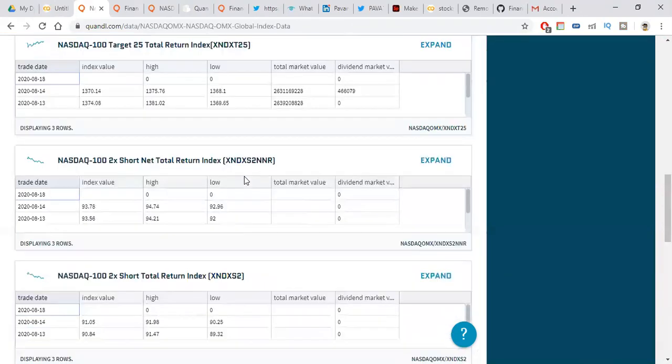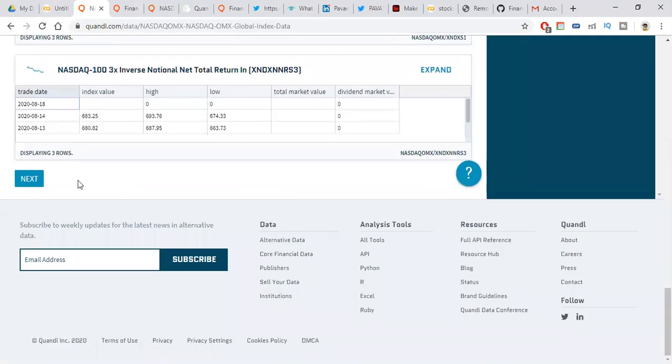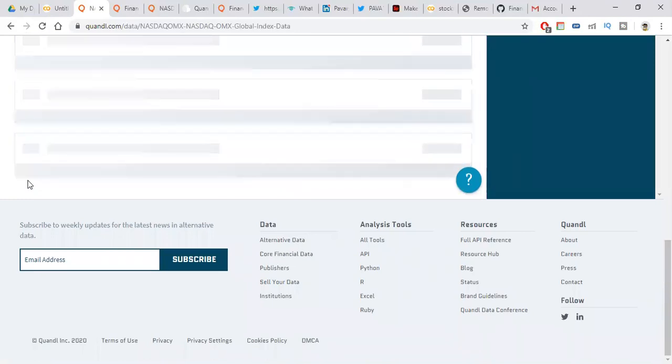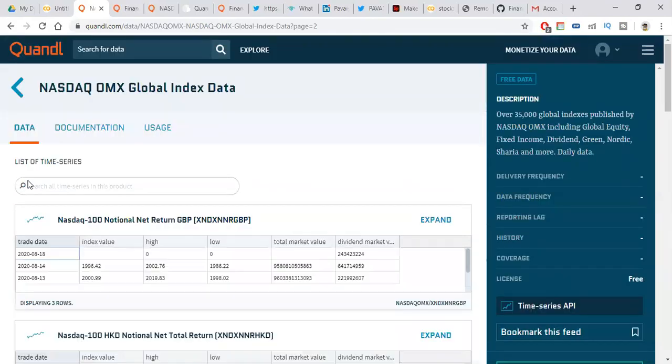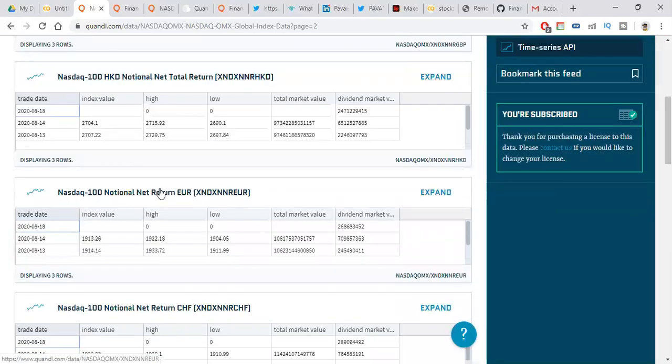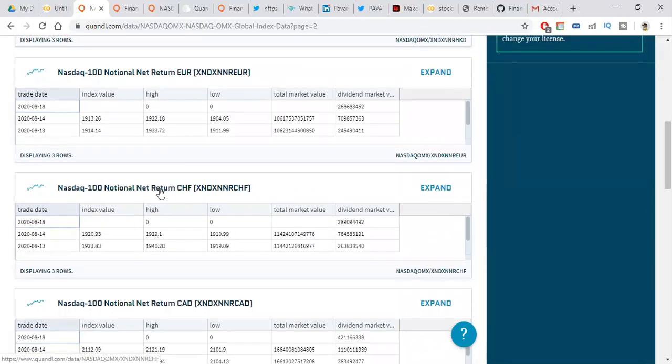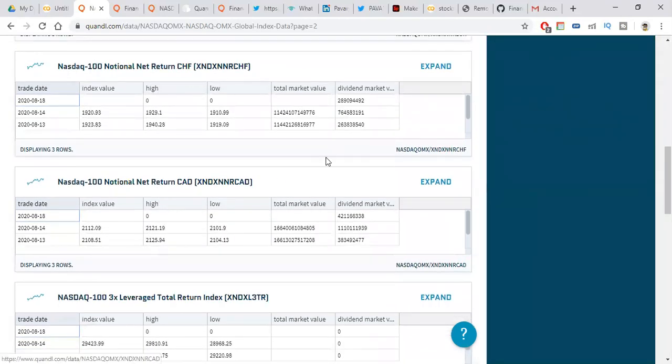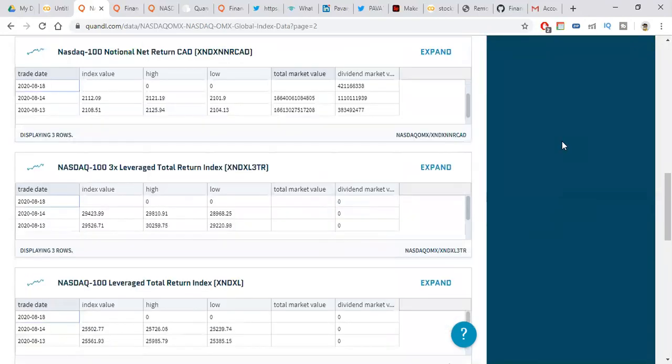You can go to the next page and see. See, there is some European data also. It is the same for every data set.